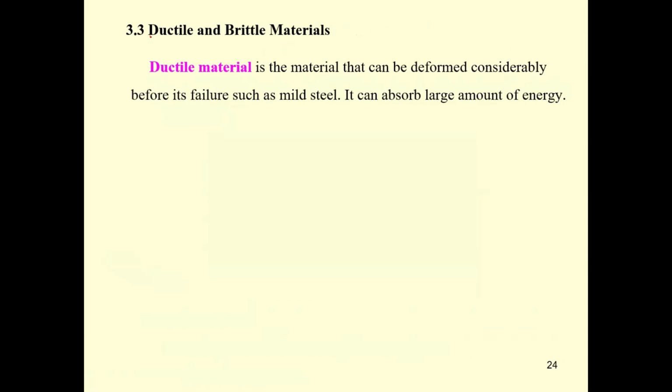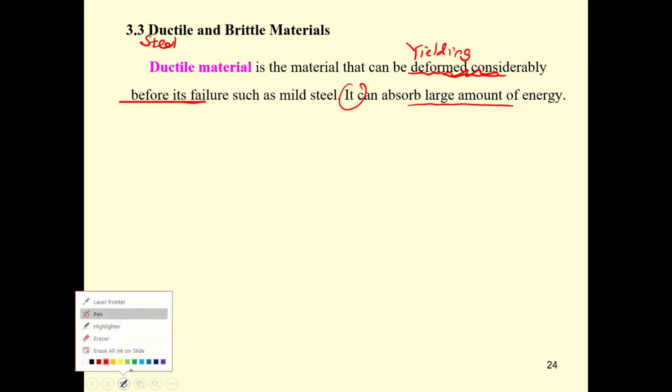Then we come to two types of material. One is ductile material. Steel is an example of a ductile material. Ductile material has large deformation before its failure. Most ductile materials also show yielding, and since they have large deformation, this kind of ductile material can absorb large energy, and it is good for structures such as the guardrail for the bridge, and is also used to reinforce the brittle material to make the brittle material more ductile.